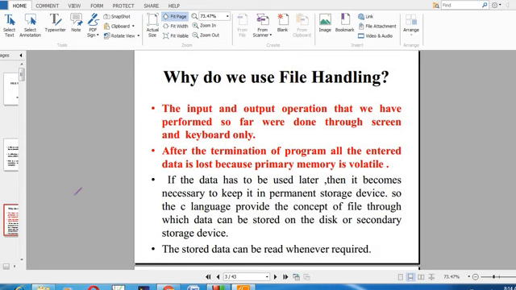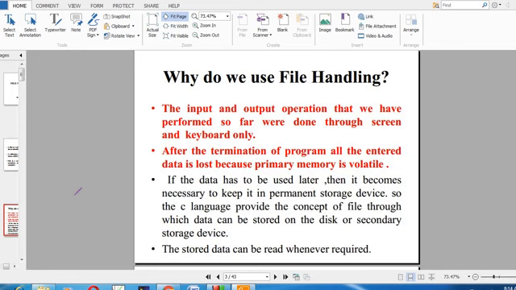The next thing is, why do we use the file concept in C programming? As of now you have learned so many concepts like variables, operators, control statements, arrays, structures, unions. Why do we need a file concept in C programming? I will tell you the reason. During program execution, you can give your input and you can see your output.